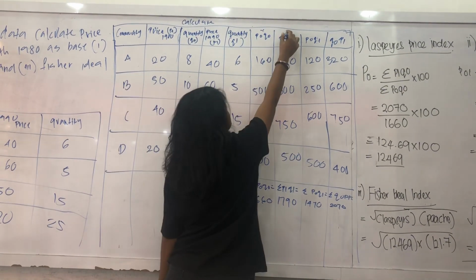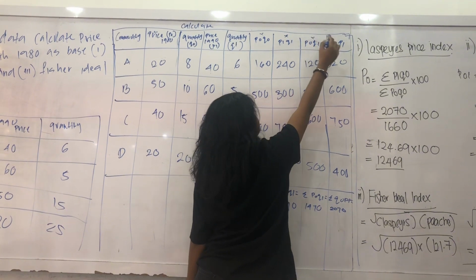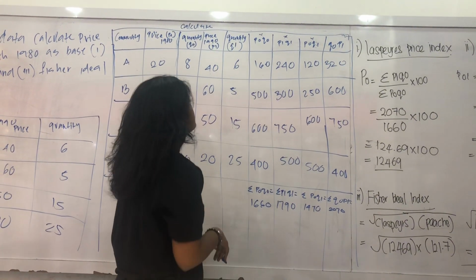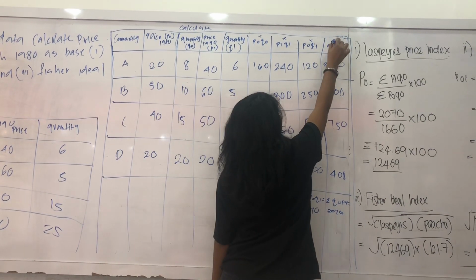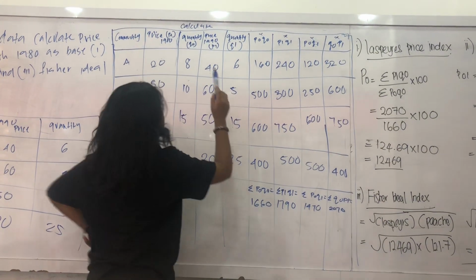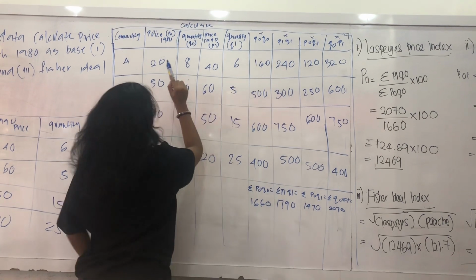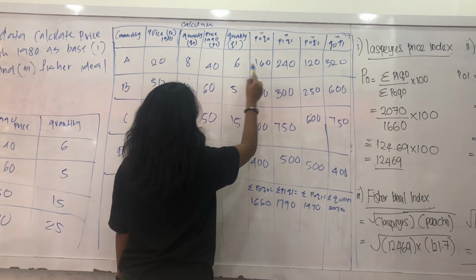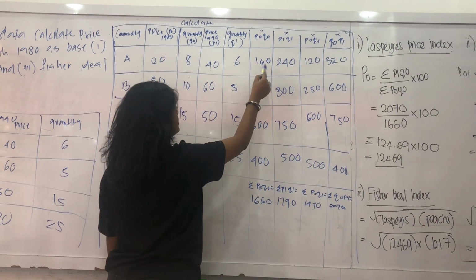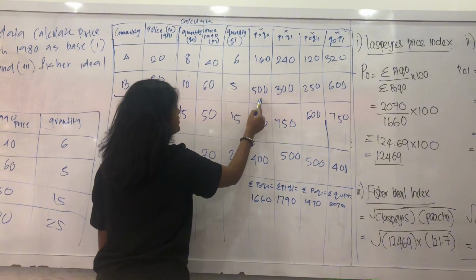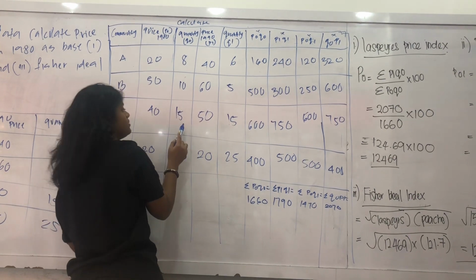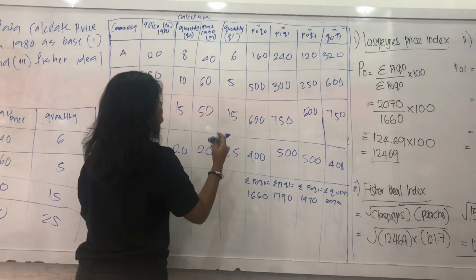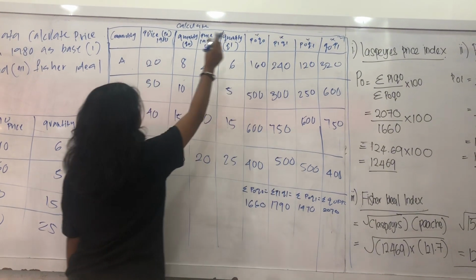and then P1Q1 times, and P0Q1 times, and Q0P1 times. So the first is P0Q0. 20 times 8 is 160, and 50 times 10 is 500, and 40 times 15 is 600, and 20 times 20 is 400. So the P1Q1 is